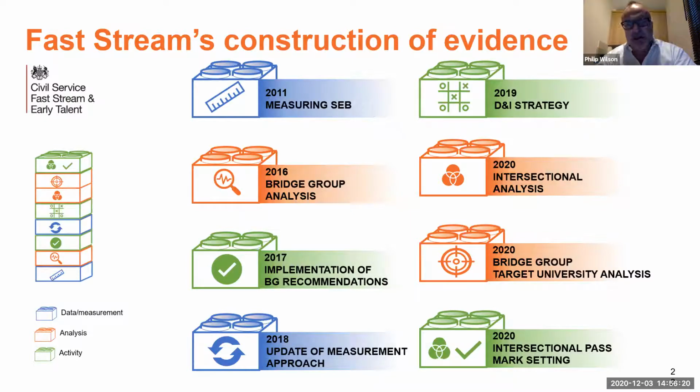So we've been looking at that. We looked at it this morning, just to take an example. We were looking at the video interview stage, which is our phase 3 of the fast stream selection process. And we were looking at any combination. So there's I think 16 combinations that we were looking at, such as somebody who is from lower socioeconomic background, who is female, and has a disability. And so you could have those combinations together.